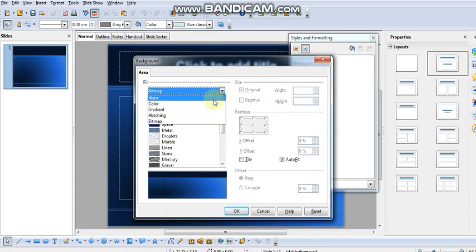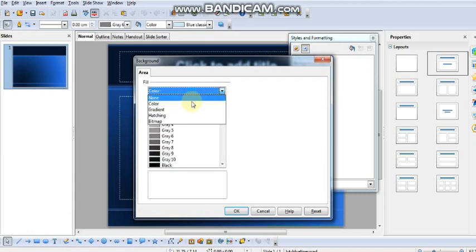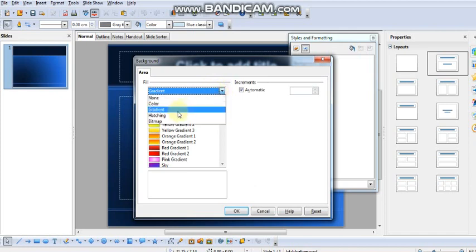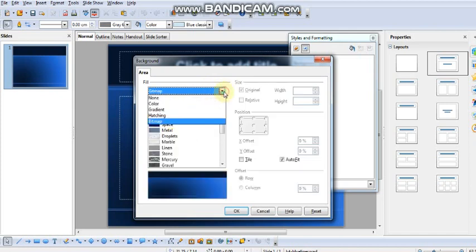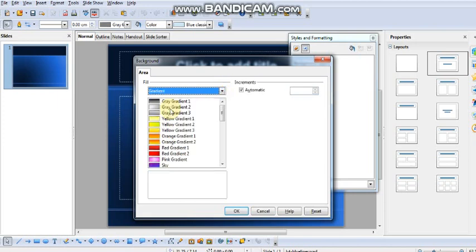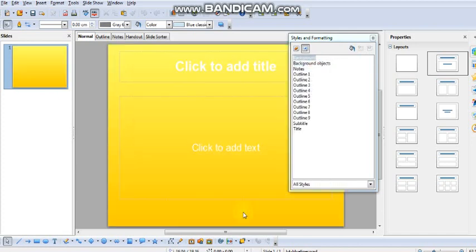You can set the color or gradient or hatching or bitmap images. Let us try gradient, and I am going to select yellow gradients and click on OK. In this way it is also possible to change the background of your presentation.